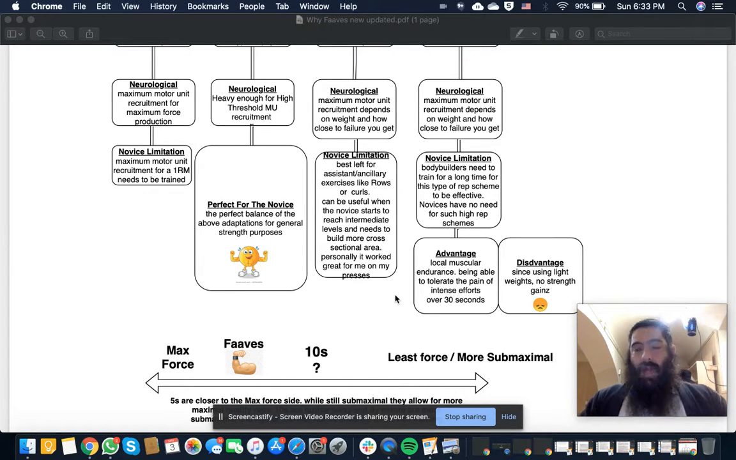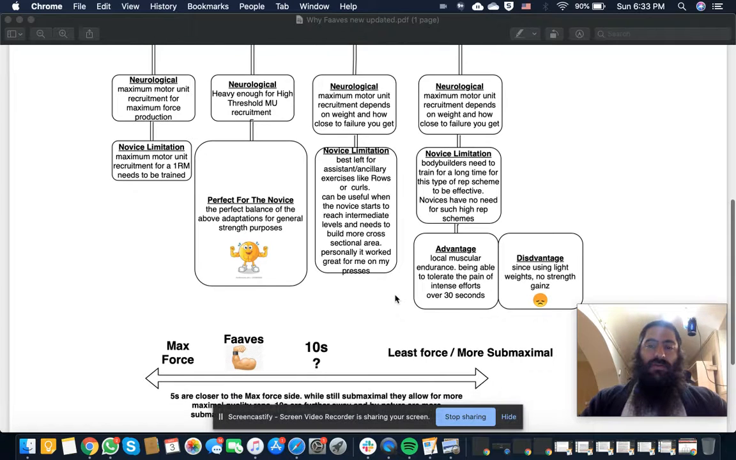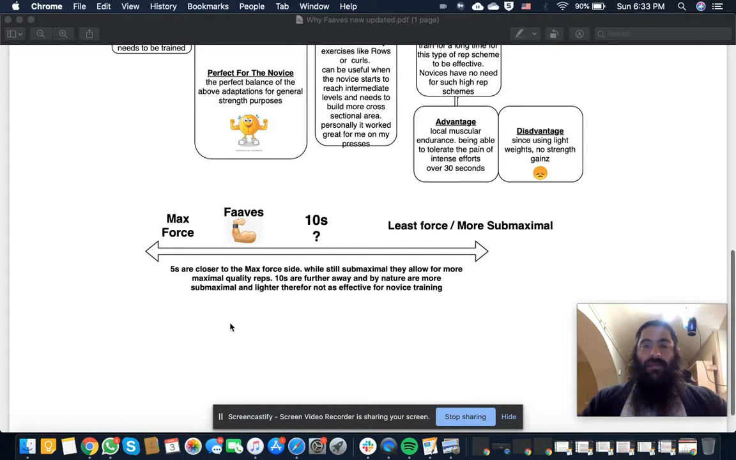Now you're using lightweight, so there's no strength gains. So again, if we see that 1 is the most and 20 is the least, so 1 is max